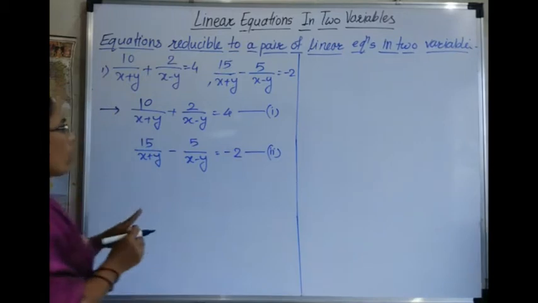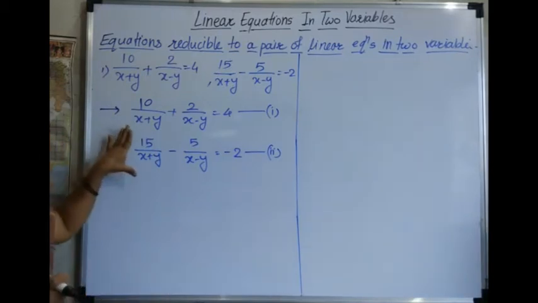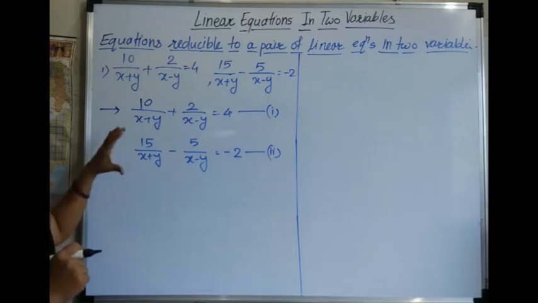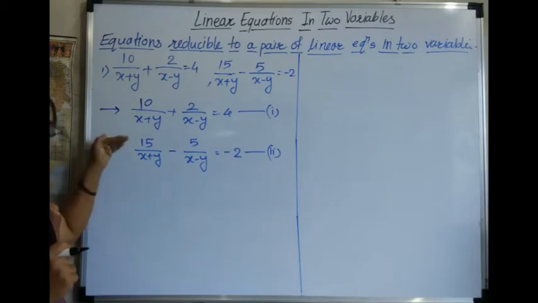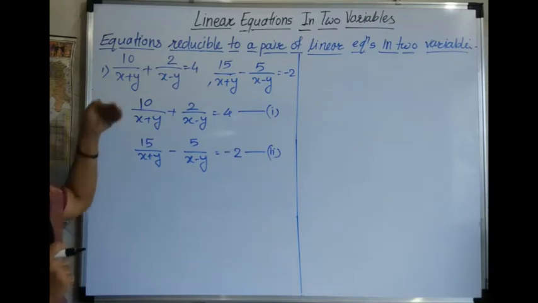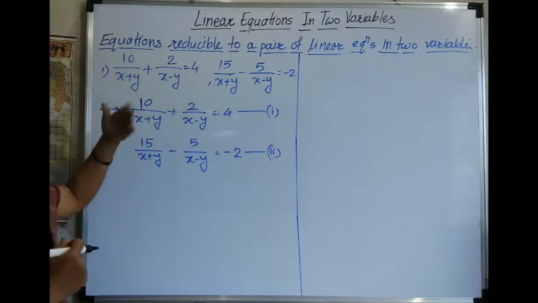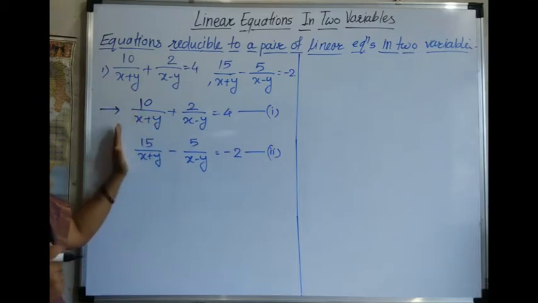For that, now see here in these both equations which variables are there. These variables are in the denominator. Means these equations are not given in the standard or general form of equation. So we have to reduce this variable and then we have to create the new variable and we have to write this equation in the standard or general form of equation.